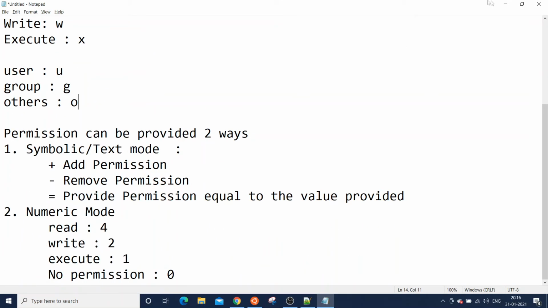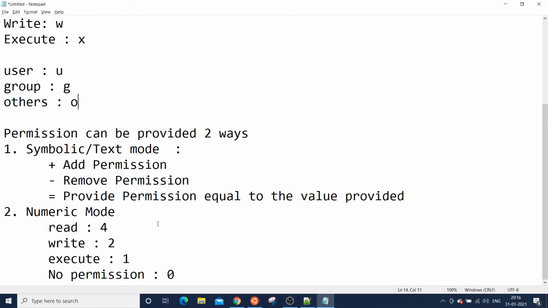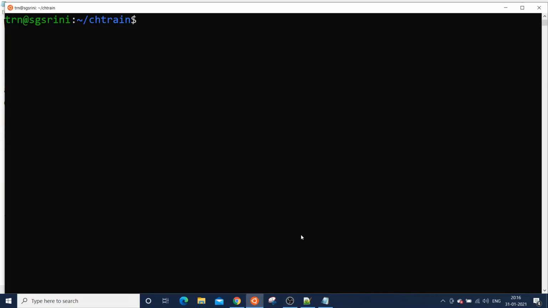Now let's see how we provide permission with the help of the numeric method. As already discussed, it is 4 for read, 2 for write, 1 for execute, and if you do not want to give any permission, it is 0. So let's see how we provide it.